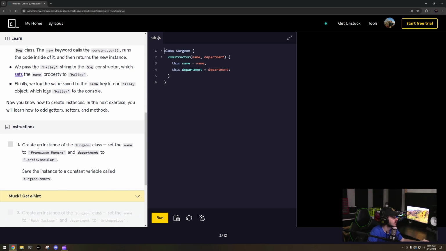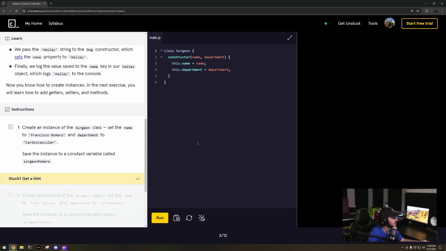So we have the Surgeon, and I'm going to set const a equals new Surgeon, and pass that in there, and then it wanted me to set that to a constant. Great. So if I run that,